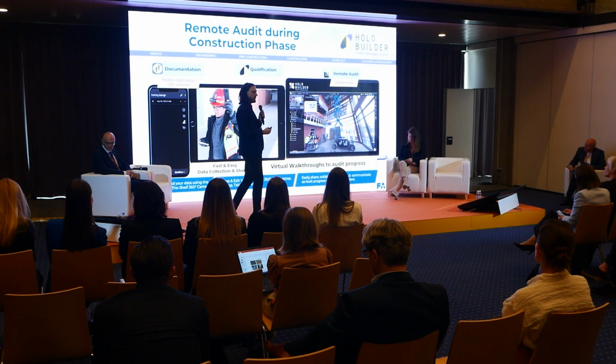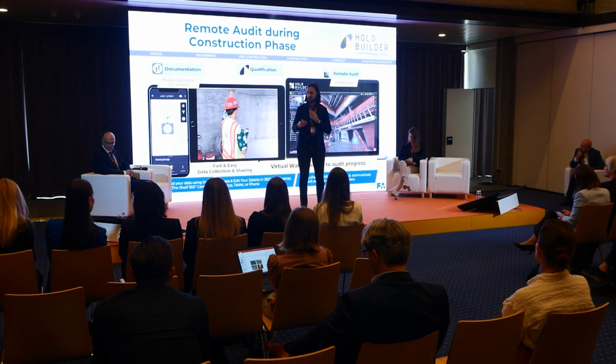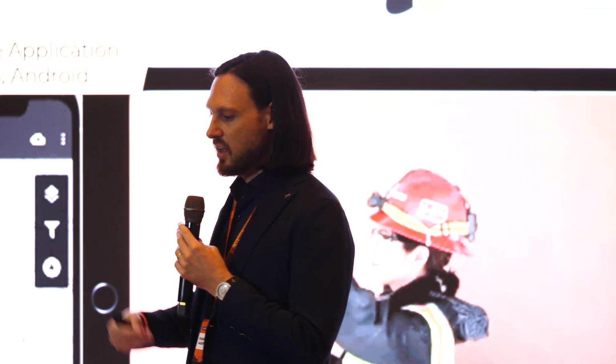We talked about today a lot about the prevention of corruption. And corruption prevention also means that we must be able to audit what's going on, not only when we start planning, but also during the construction phase, to understand what is going on at the construction site, how the progress is moving forward, what materials are around there, and is it as I planned, and is the material which I ordered really there, or is there a cheaper material which I did not order? And this allows you to, again, make a reality capture on site, use the damage assessment as the first start, and then just go forward with your documentation till the end of the project.